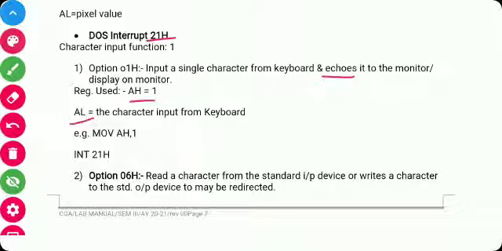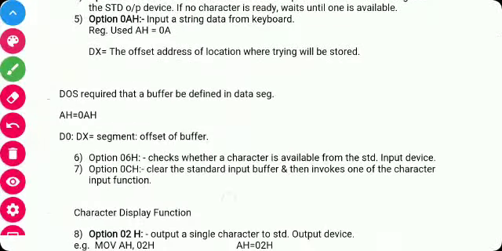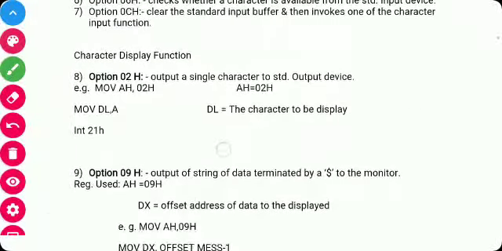Next is 06H, which reads a character from the standard input device and writes a character to the standard output device. Next is function 02H, which is an output function used to print output on the monitor or output device.